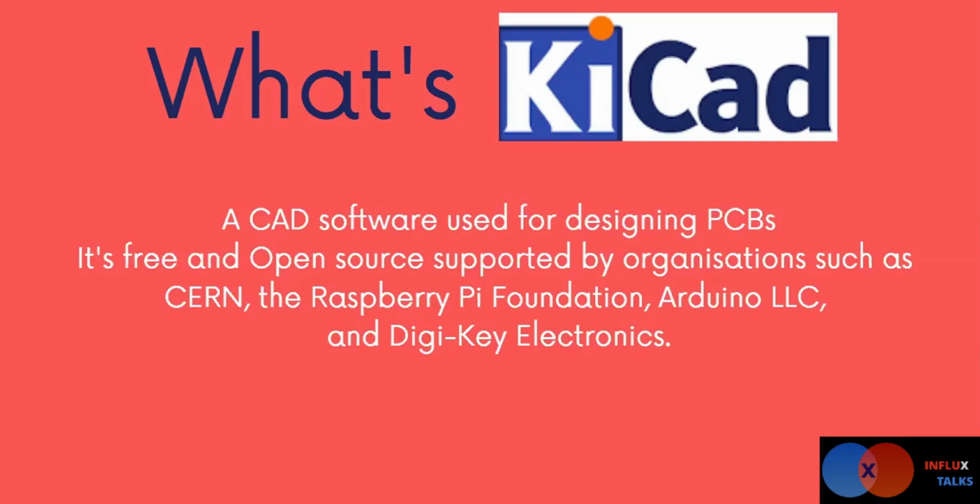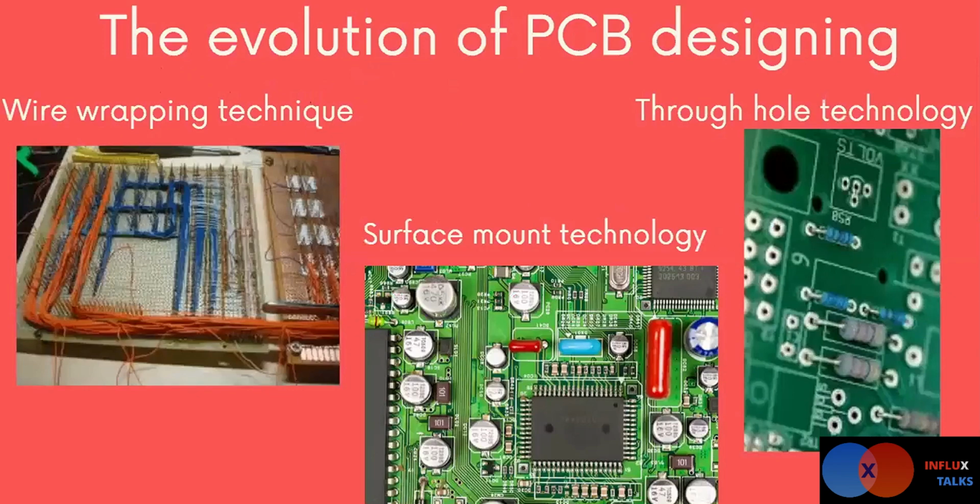But after knowing a little about KiCAD, let's now quickly see what a PCB is and how they have evolved over time. Before we could actually design PCBs, there was something called the wire wrapping technique, which was being used. Basically, we take the components and put them on the insulating board, and then below the board, we wire it. This wiring can be done either manually or with the help of machines. This technique came in 1900 something, and then in the 1960s and 70s, it became really popular in large scale manufacturing